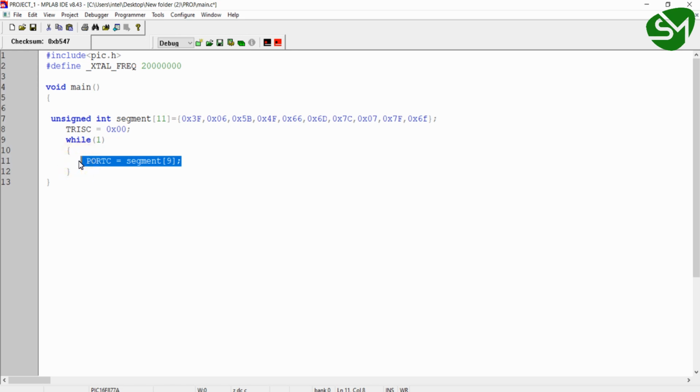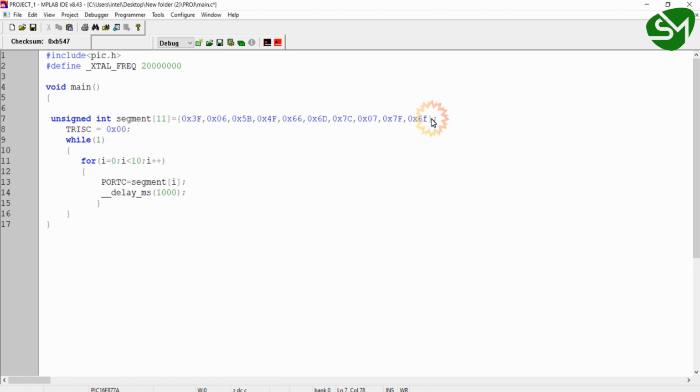So what I will do is I will write a for loop that will be running from 0 to 9, and inside that loop I will pass the elements of this array segment to the port C one by one with a time interval of 1 second.